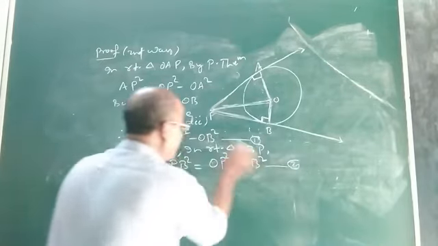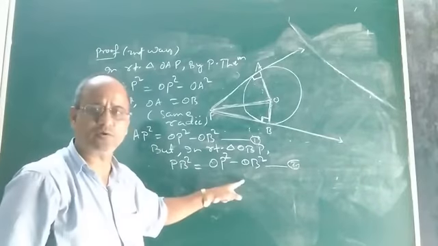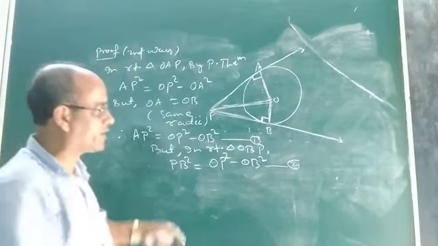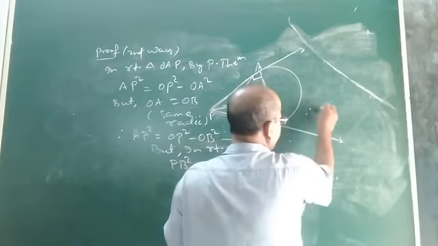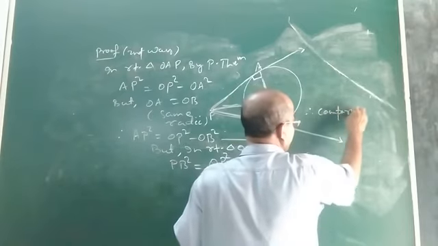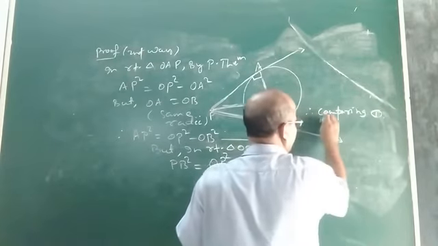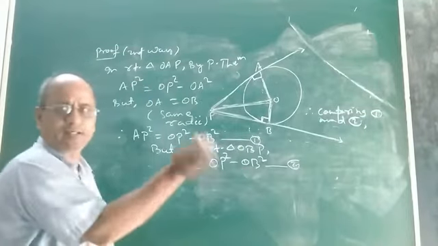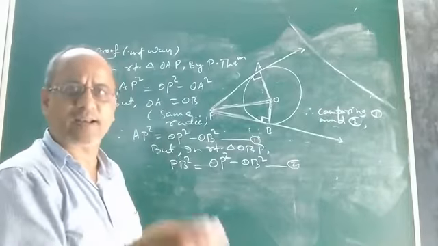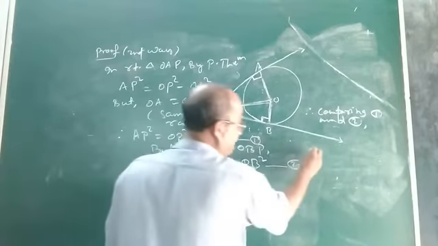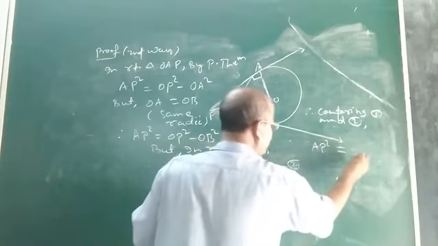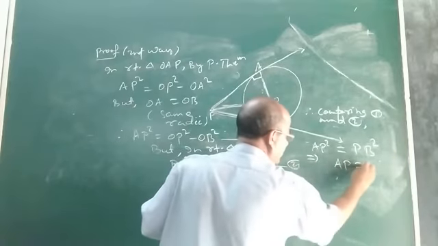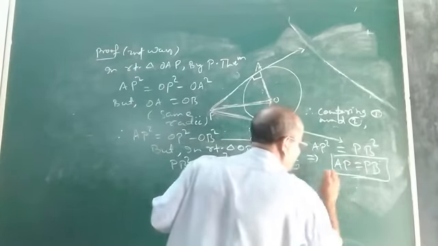Now you compare equation 1 and 2. Look, the right hand side of these two equations is the same. So comparing equations 1 and 2, the right hand side is the same, so when the right hand side of two equations is the same, their left hand side will automatically become equal. That means AP square will be equal to PB square. Now if AP square equals PB square, then no doubt AP equals PB, or PA equals PB, whatever you say.